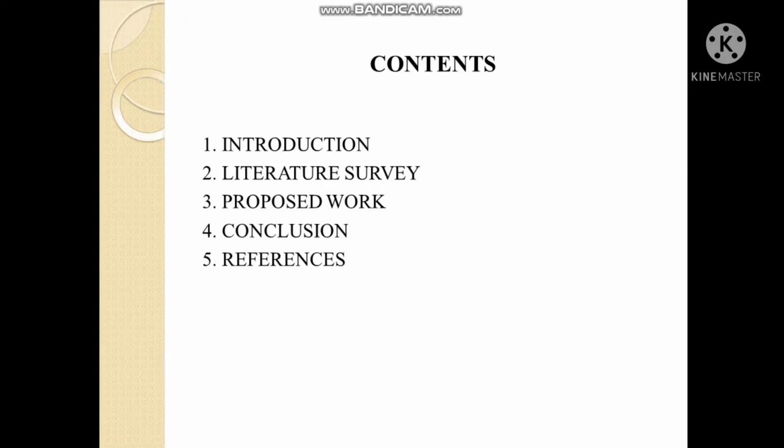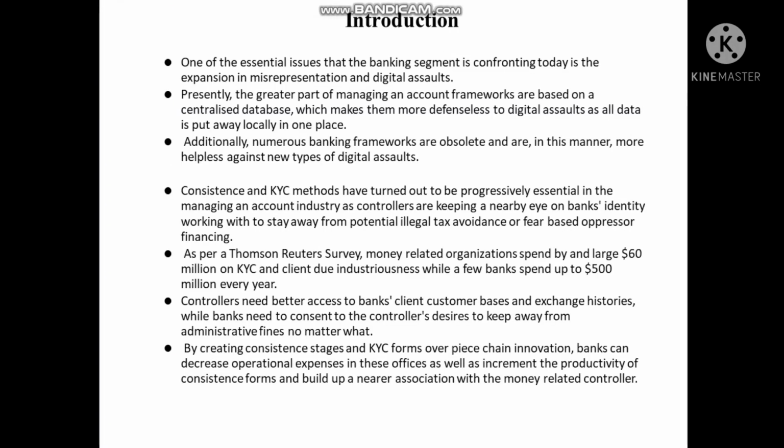So now let's talk about our problem statement and see what we have to do. To understand our problem statement better, let's start from the beginning. As we know, banks are amongst the oldest and the biggest financial intermediaries in India since liberalization, and several significant changes have occurred in the working of the banking sector. Banks in India have witnessed a radical change from conventional banking to convenience banking. Due to this,